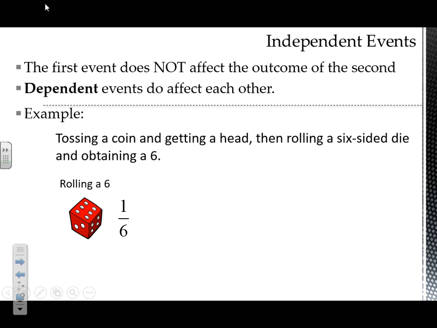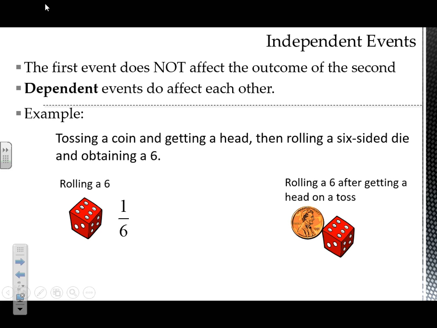So if I were doing this just alone, rolling the die, I'd have a 1 in 6 chance. But now, if I throw in my coin toss, so now if I say, okay, I'm going to flip a coin and then roll my die, what's going to be the probability of rolling a 6 in that scenario? 1/6. Why? Yeah, because the coin has no effect on what the die comes up. So these would be independent events. The probability stays the same regardless of that condition of flipping a coin first.